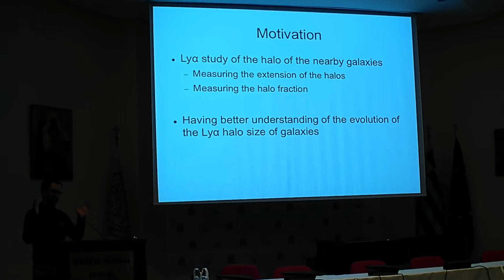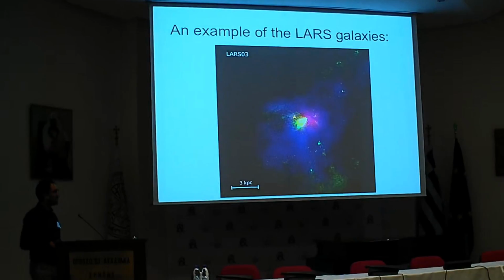And also in a bigger picture, having some understanding of galaxies at high redshift like MUSE, and hopefully by the upcoming JWST even at further redshifts, we can try to study the evolution of the Lyman alpha halo size of all these galaxies, having also some understanding of the nearby galaxies in the universe. So I thought of starting my talk by actually showing a very beautiful picture of one of our large galaxies